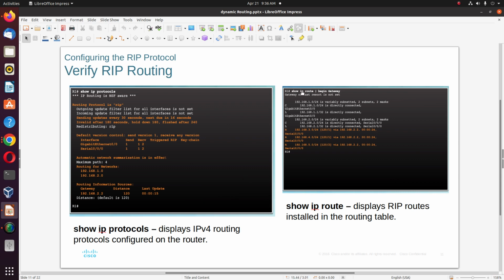All right, the show ip route command with begin gateway, plus result: gateway of last resort is not set. Okay, begin gateway means default route. That's why it's a new command. All right, first of all, you can use pipes, this pipe, to filter the results of a command. Okay, and it works with any other command, not just this. So if you just type show ip route, because that's what I usually do, it shows me